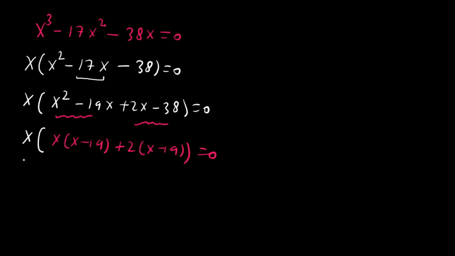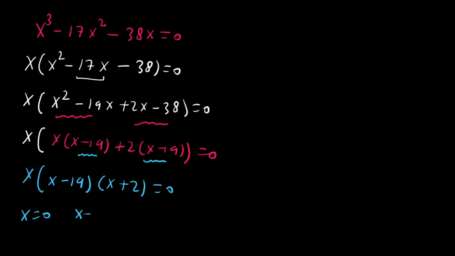Here x minus 19 is common. If we take x minus 19 common, then here x plus 2, and this is equal to 0. Then here we can say x is equal to 0, x minus 19 is equal to 0, or x plus 2 is equal to 0. Then here the value of x is 0, and here the value of x is 19, and here the value of x is